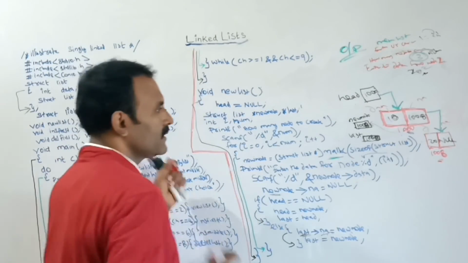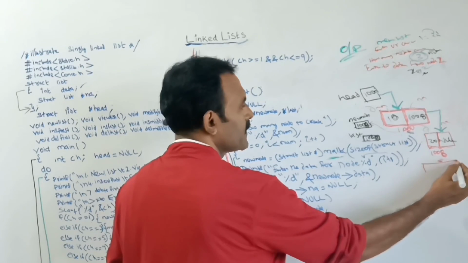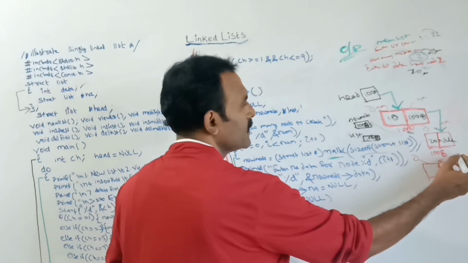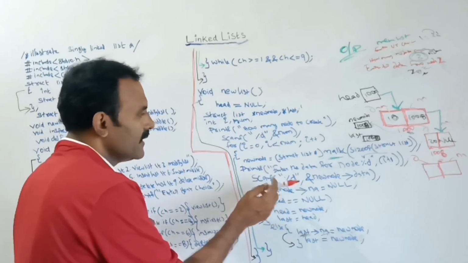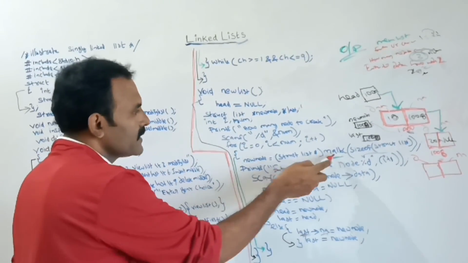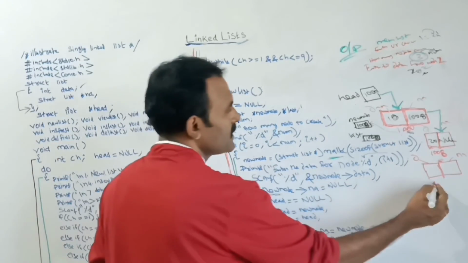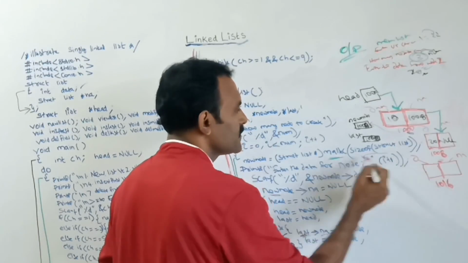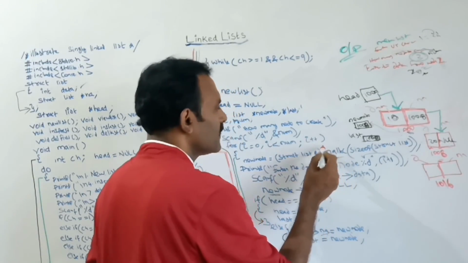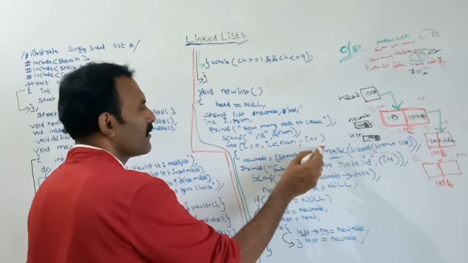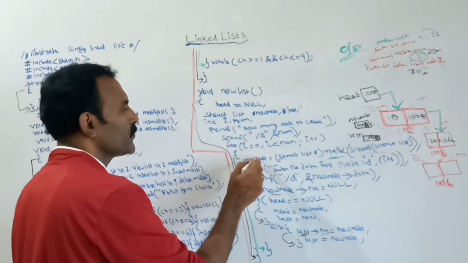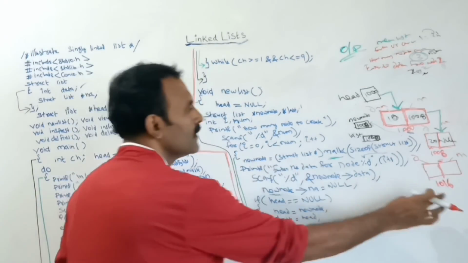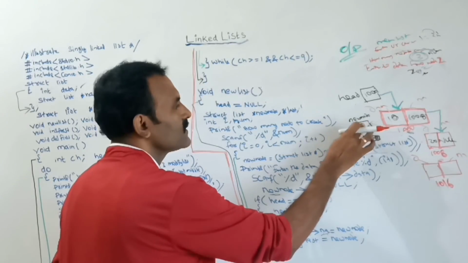So in this part malloc creates a new node. This node has totally 2 parts, the data part and the next address part. After creating this new node, malloc returns that address. Let us assume this address is 1016. Let us assume this memory was allocated at the 1016th position, then that address is returned by this malloc function. That returned address is stored to new node. So now new node holds the address 1016.